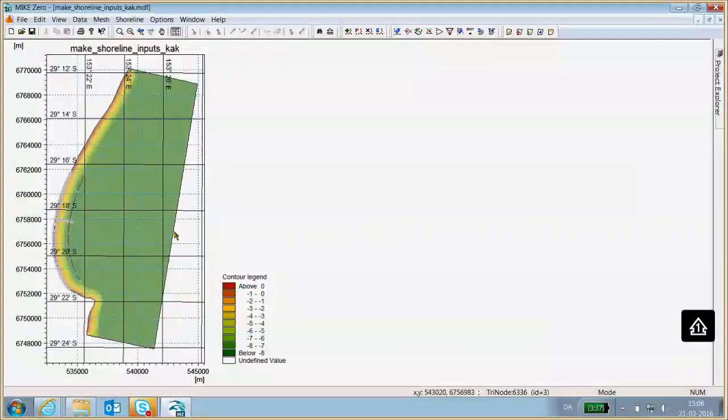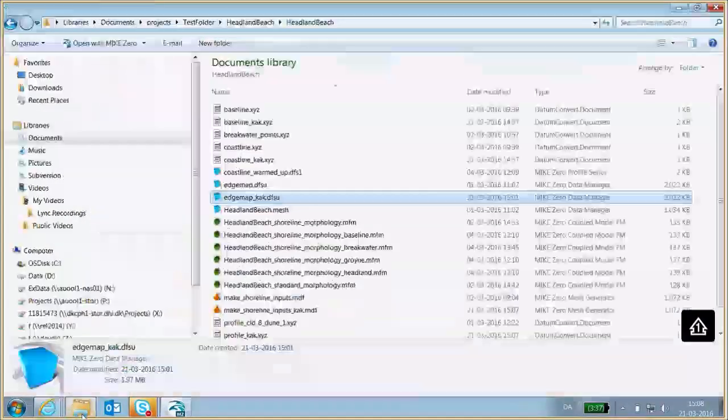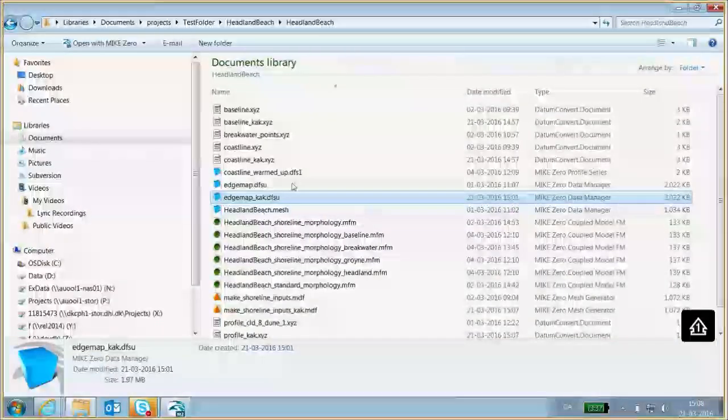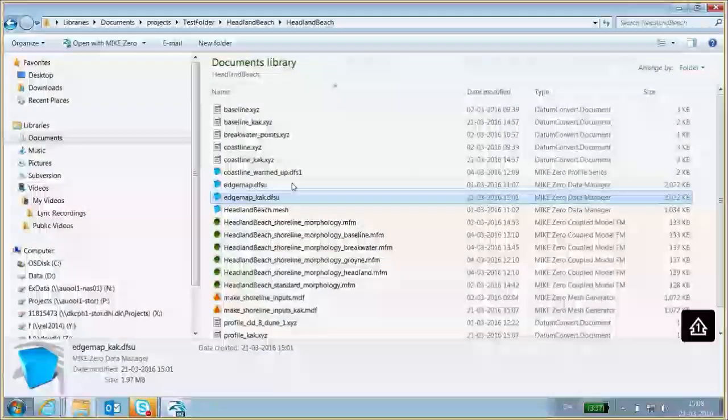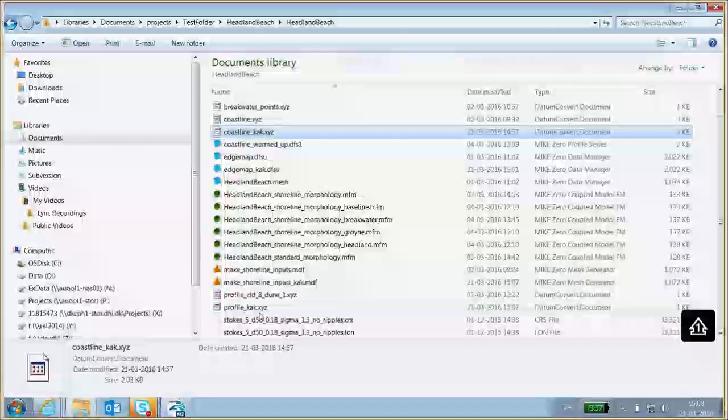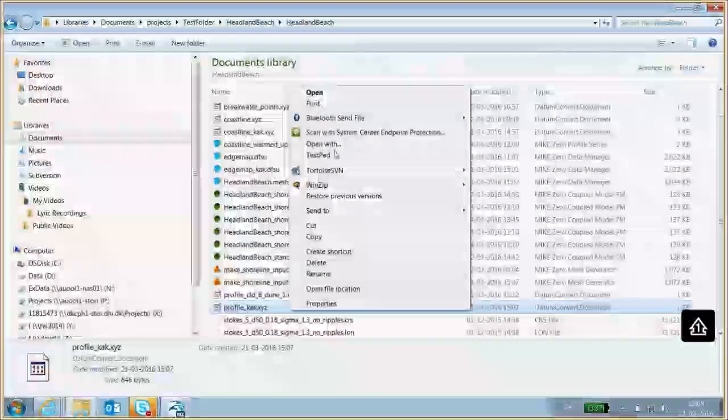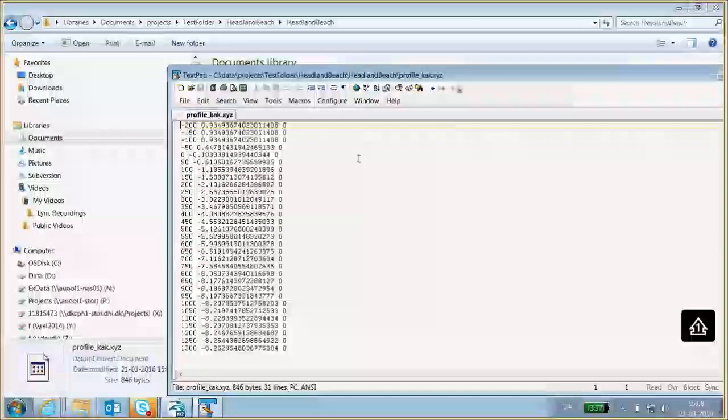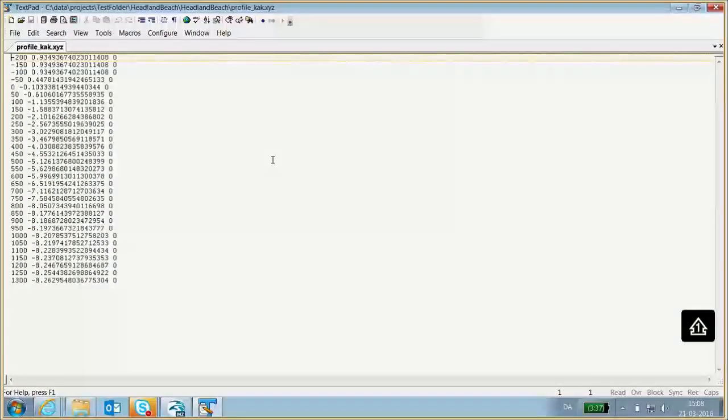But now before I can use the coastal profile that I have just extracted, I need to pre-process it a little bit, so I'm just going to open it here in my favorite text editor, which for myself is called TextPad. And the reason I need to modify it a little bit is that beyond the depth of closure, I need to have a coastal profile which is steeper than the profile that is in the mesh.